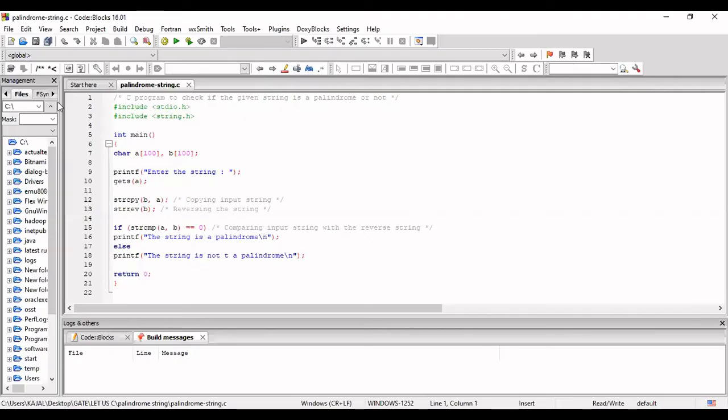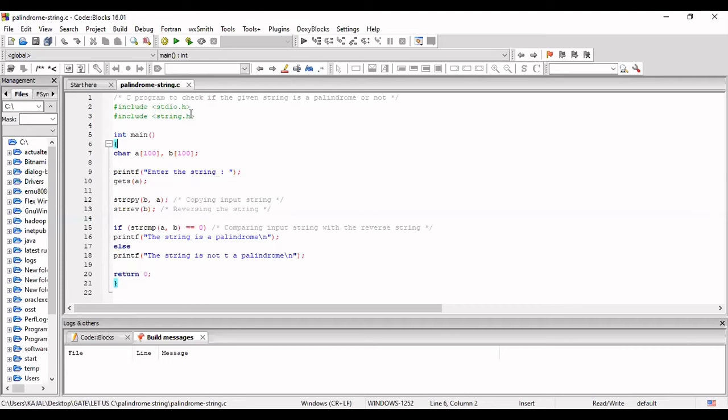You can see here I did include stdio.h, as we have been including it from our first lecture. It is a preprocessor directive. That means we need to include the standard input output file and the string.h file to use the inbuilt functions. The standard input output file has functions like printf and scanf, and we are using those here for printing output on the screen and scanning input from the user.